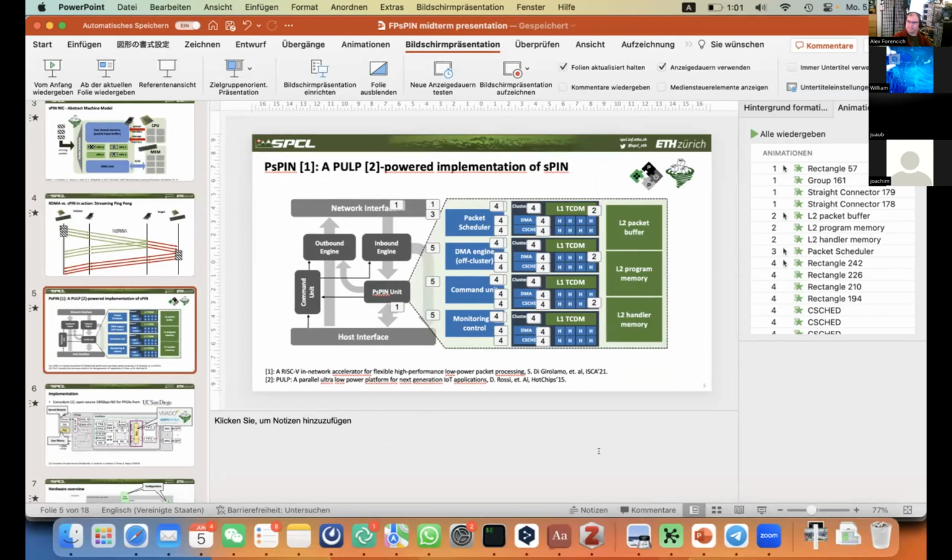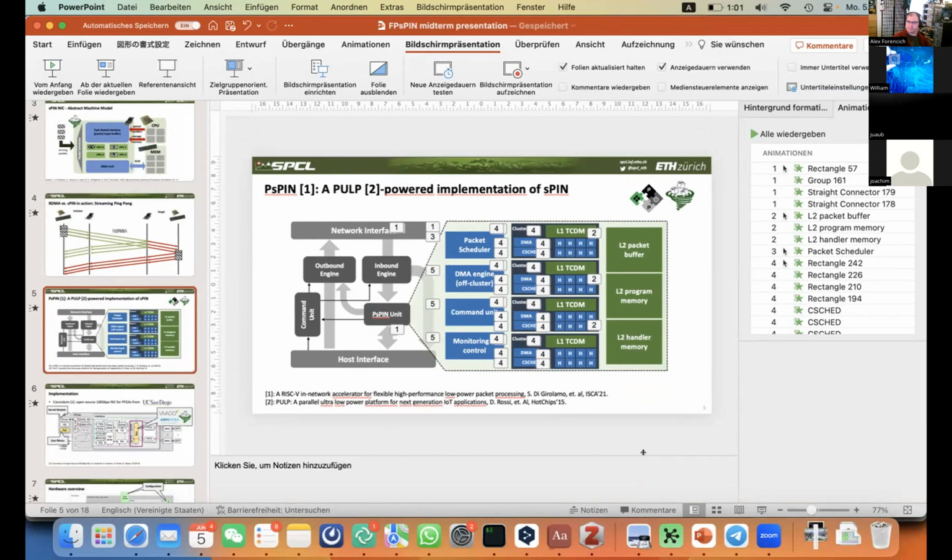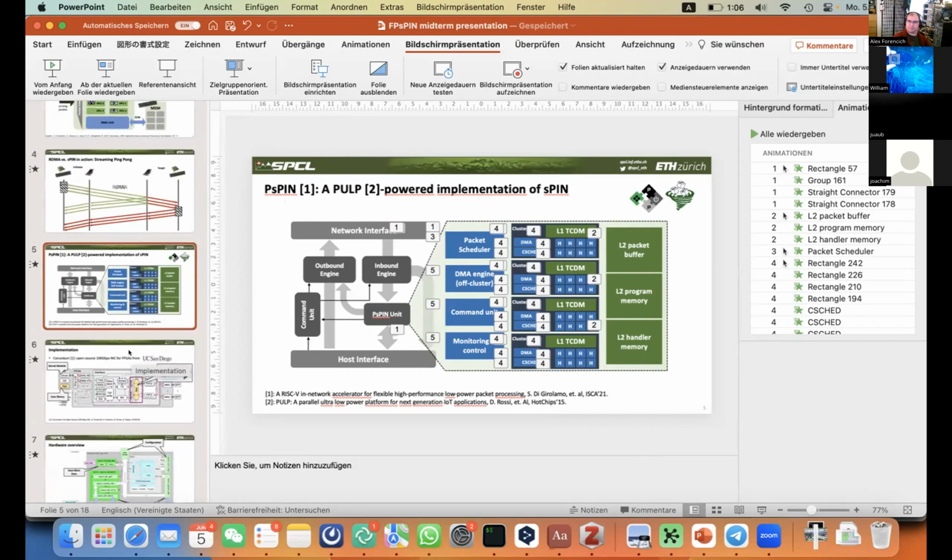PULP is a project from ETH Zurich, from the IIS lab, and the acronym stands for ultra low power. It's a core very small in area, a basic in-order core. I think it has 3 pipeline stages or something. But it also has a bunch of DSP extensions, for example compressed loop formats and some arithmetic on packed fixed point data formats, and a bunch of other stuff. The reason we picked this core is that it's a collaboration between different institutes at ETH, but also